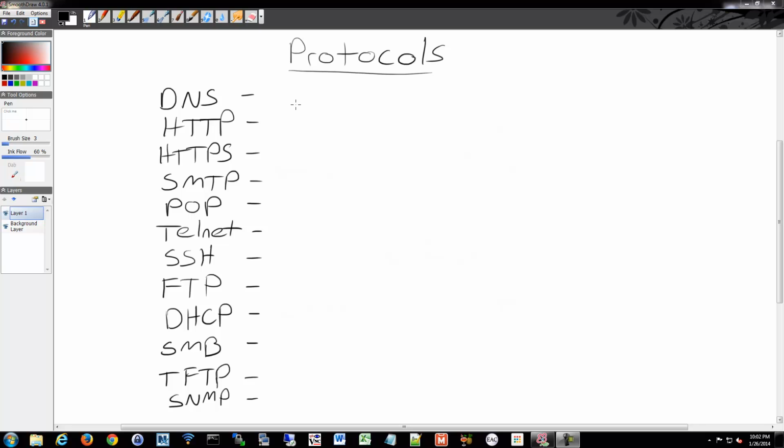So let's talk a bit more about protocols. I've listed here a number of common protocols that it would be advisable to memorize and learn. You'll be using all of these in some fashion throughout your time in IT, especially networking. So make sure you understand the basics of each of these, and we'll go through some of the details on